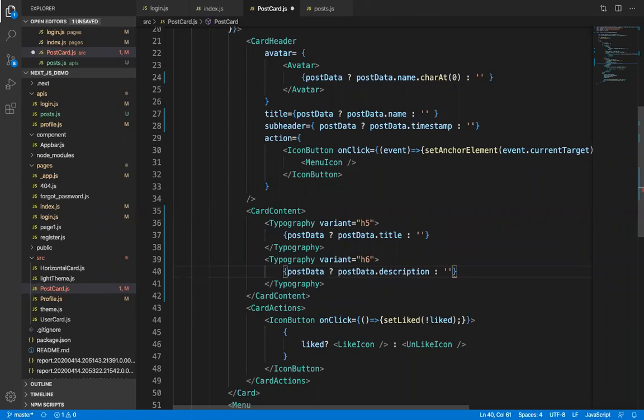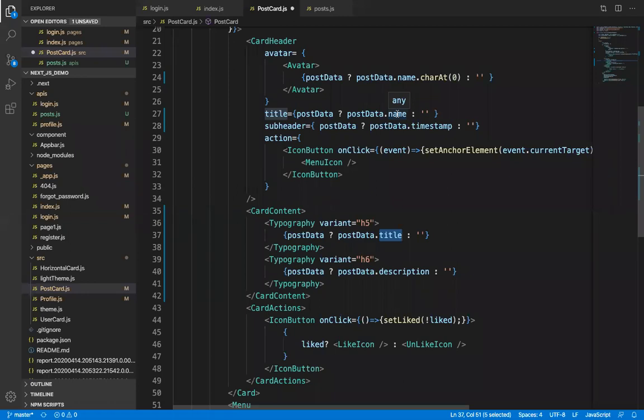So why do we need to write post data question mark every time? If I don't write this, and we send post data blank by mistake for any reason, or we are unable to send any post data, or inside the post data there will be no name, then what will happen? Post data dot title or post data dot name, whichever is not present in the post data, will throw an error like you want to use title of undefined, meaning our post data is undefined.